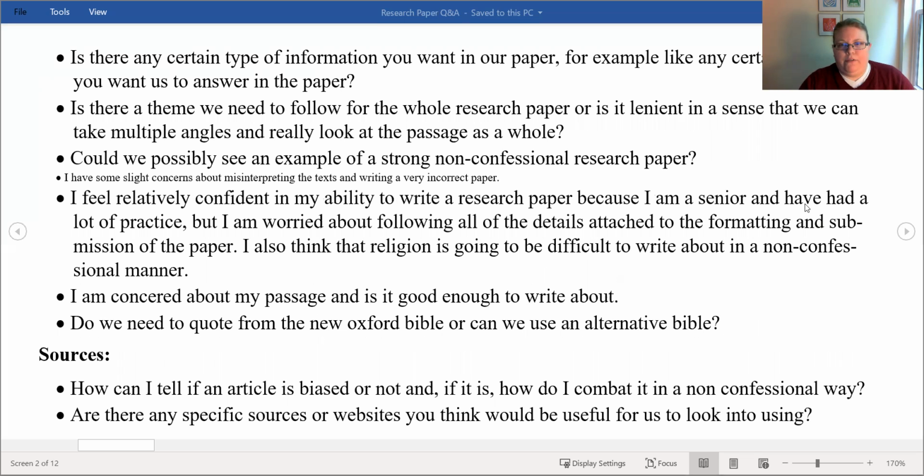Any certain type of information to include, like certain questions, really any information that I think you need to include is going to be feedback that I leave you for each step. So in your brainstorming activity, I've left feedback for more questions to consider or things to include. Again, those